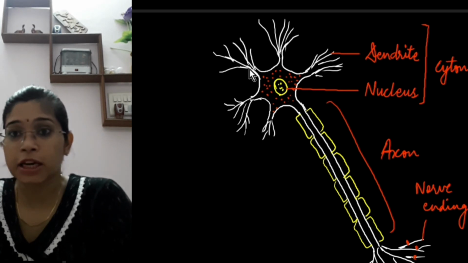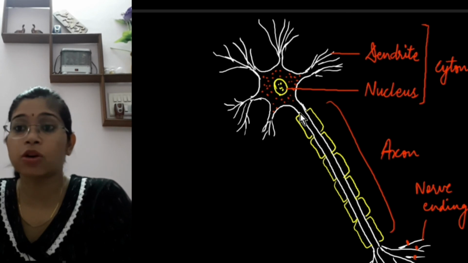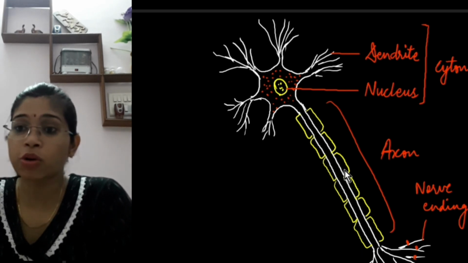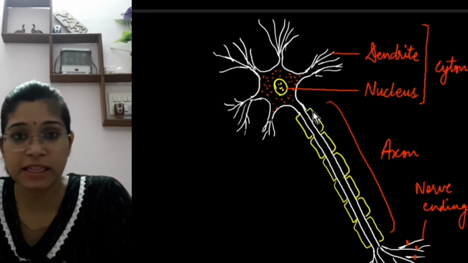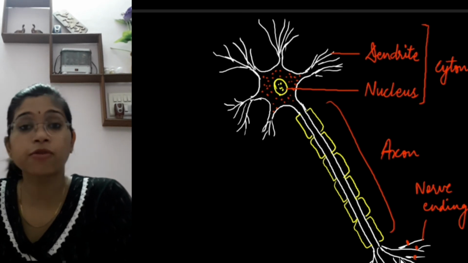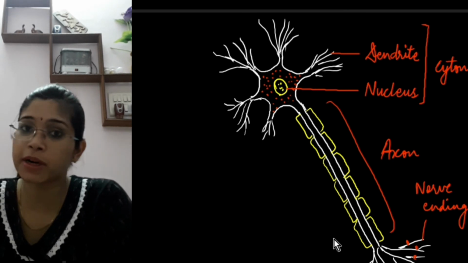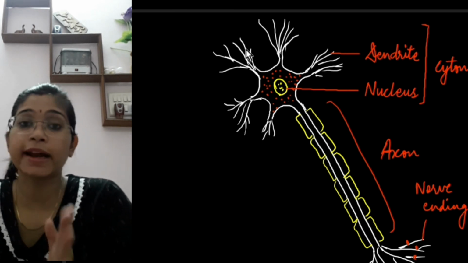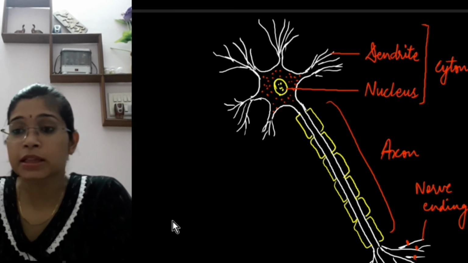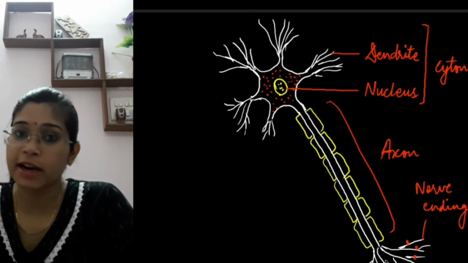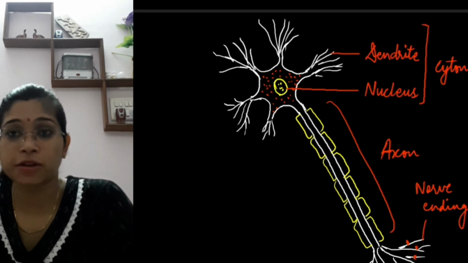After collecting, it will transfer the information or the nerve impulse to this part that is known as the axon, which is covered with a myelin sheath, which is a protective covering. Then the axon transfers the nerve impulse to the nerve ending, and from the nerve ending again the nerve impulse gets transported to the next cell, that is the dendrite of the next cell. The distance between two consecutive cells is known as the synaptic cleft. So this was about the nervous tissue.